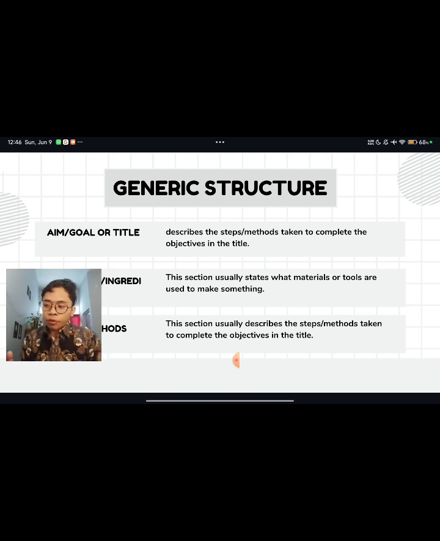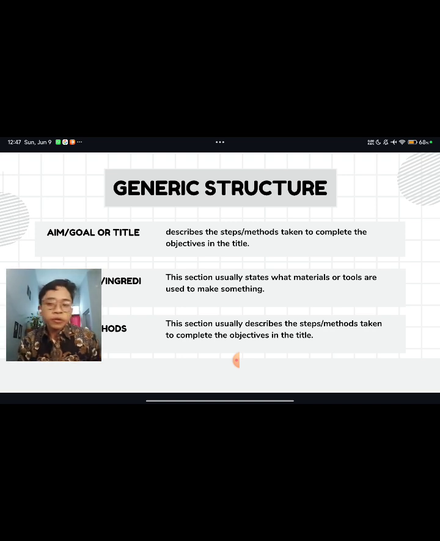Like when we want to tell the student, and we want to talk to the student or the reader to make something, but we don't know about the aim or the goal, of course it's not possible, right? Of course we have to know the aim, the goal, or the title first, and the function is to describe the steps or methods taken to complete the objective in the title.